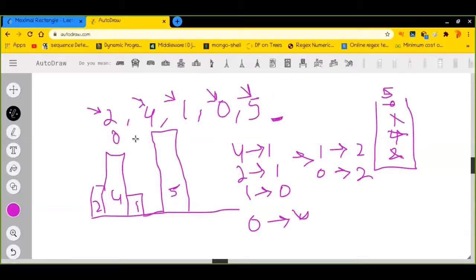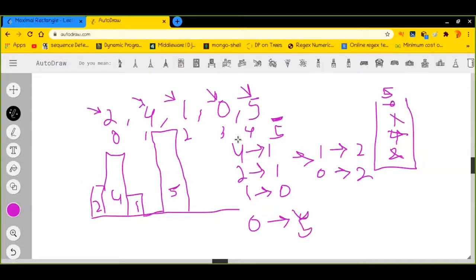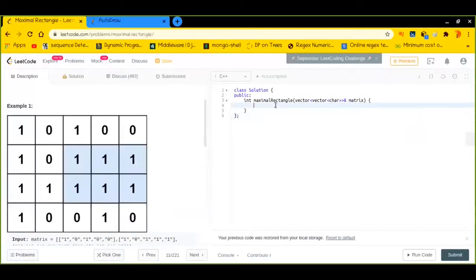Okay, so let us say I would write the indices of each and every element, it will be like this. Infinite means the immediate next invalid index, so that is 5. And what is the immediate previous invalid index? That will be -1, right? So when we find the previous smaller elements, we will replace the infinite with -1. So I hope it is pretty much clear. So let's code it out quickly.